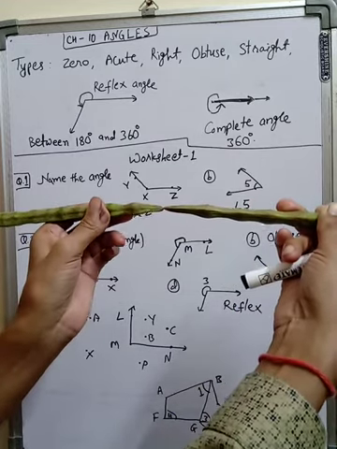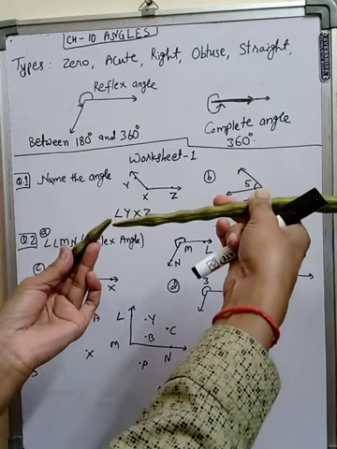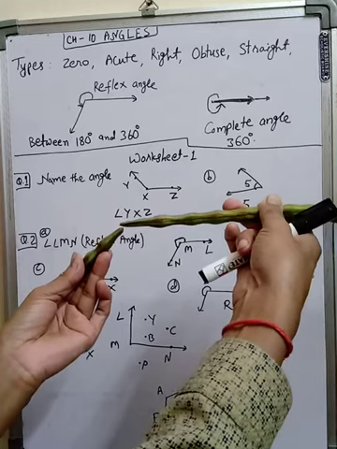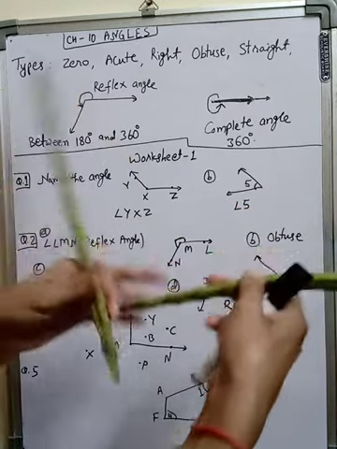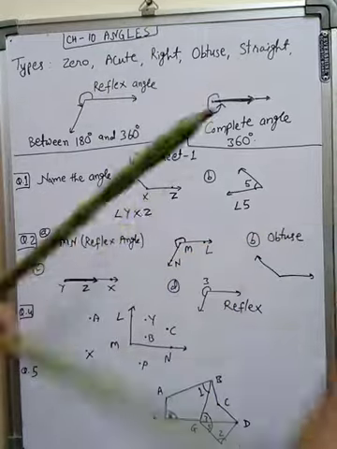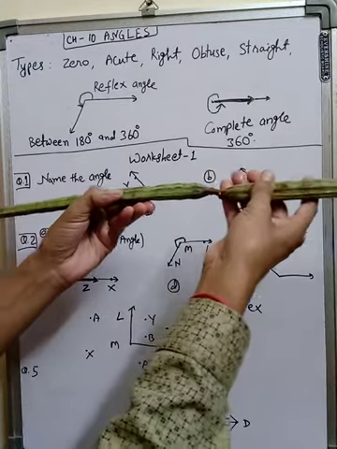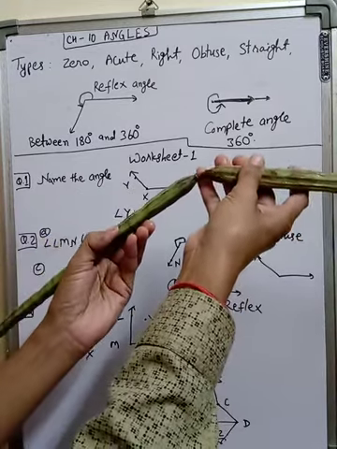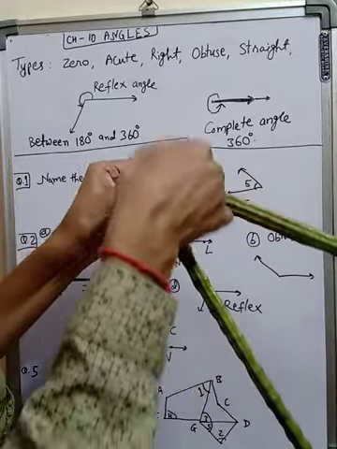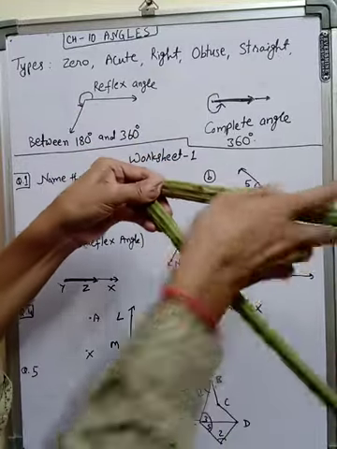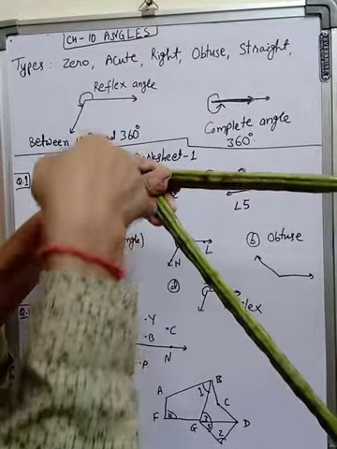Now today, more than this: if it tilts downside, more than 180 degrees, then what type of angle is this? This is called a reflex angle. You see here, this is a straight angle, and when this increases more, then it is reflex. Inside it is acute, but we are measuring outside, so it is more than 180 and reflex.